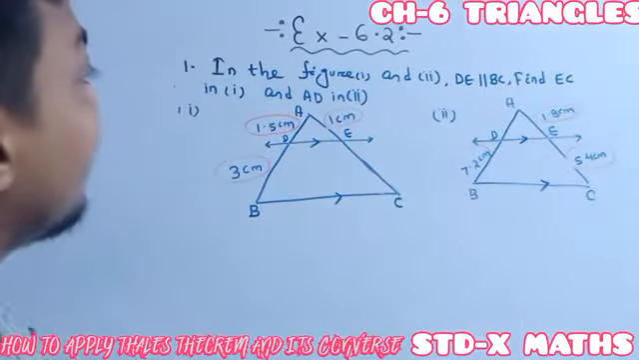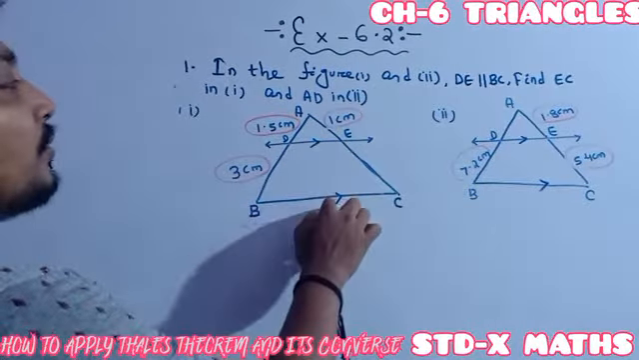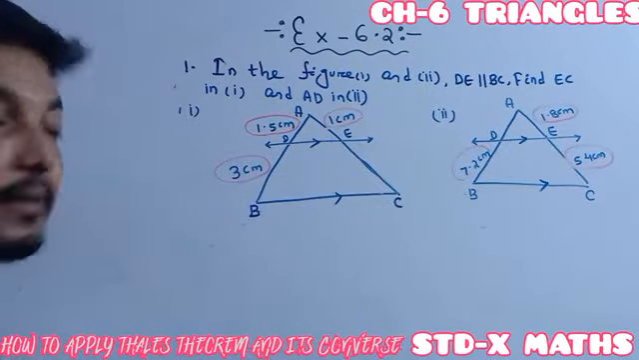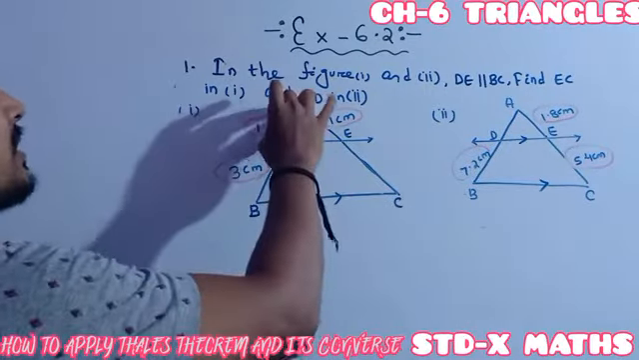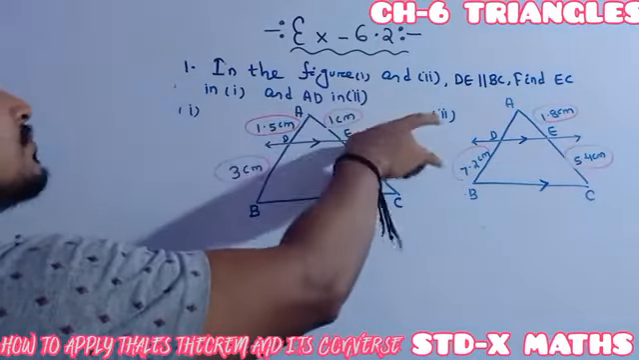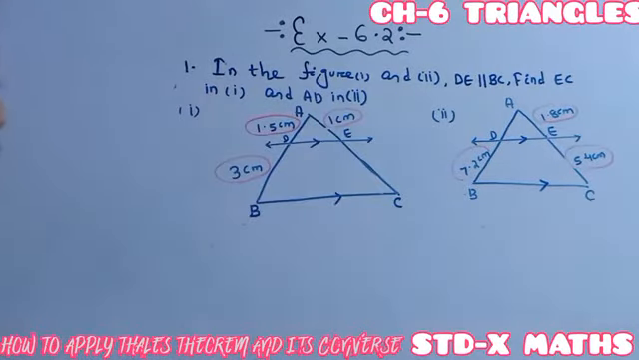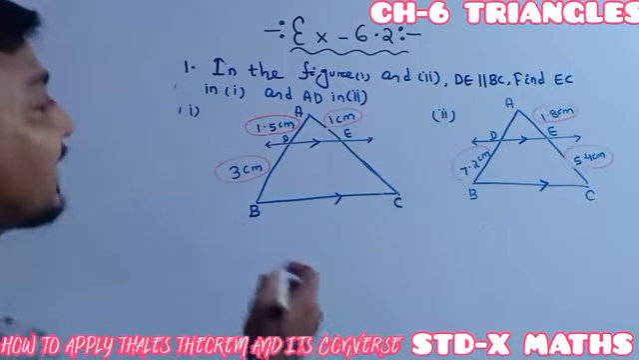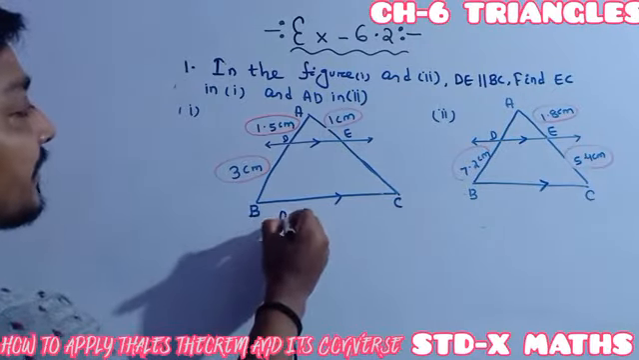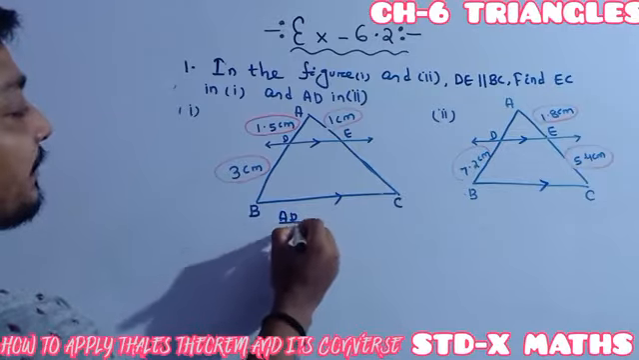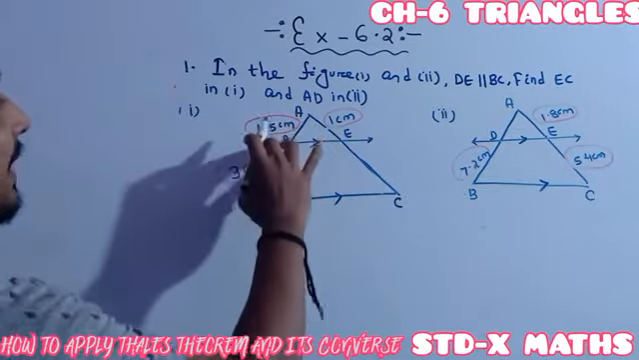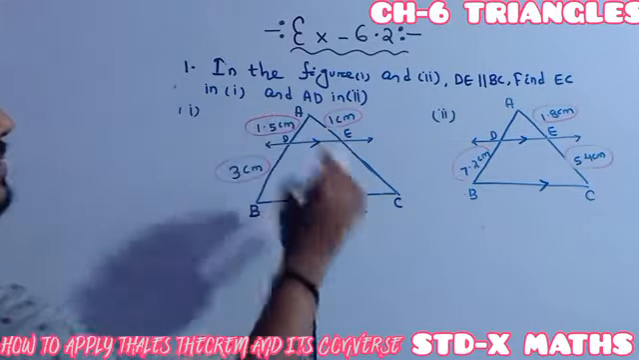Listen, as this one is parallel to this one, it is already given. So according to Thales theorem, this one divided by this one is equal to this one divided by this one. I can write it directly, but you should write it according to the Thales theorem. According to the Thales theorem, AD divided by DB, because this is given and this is also given,